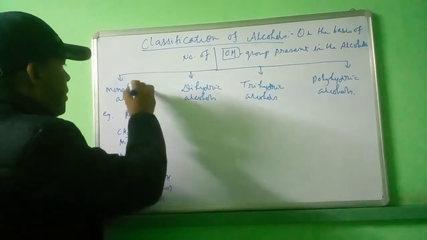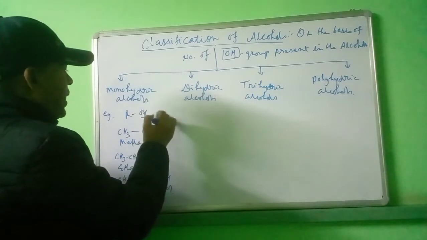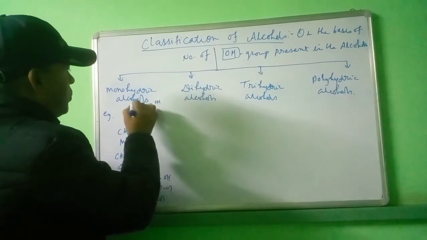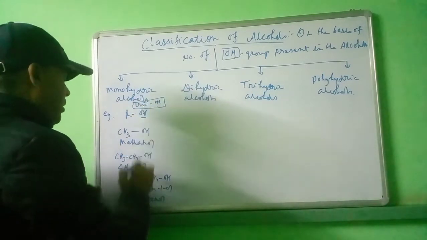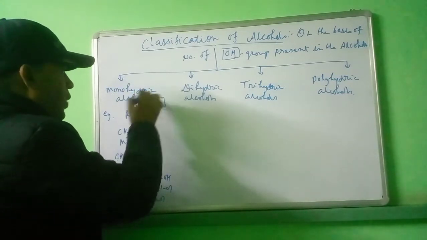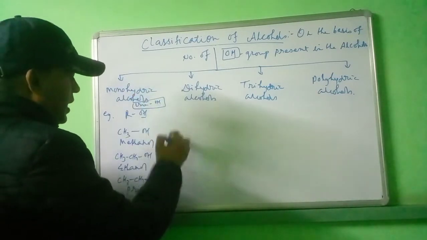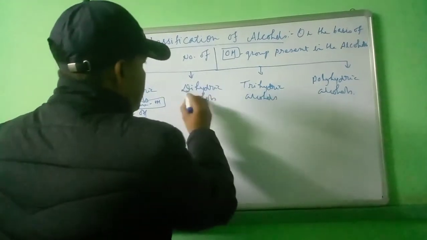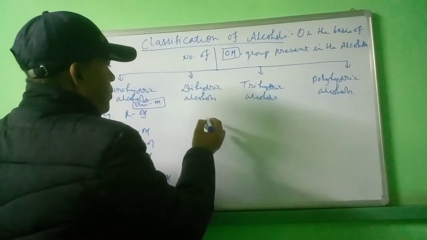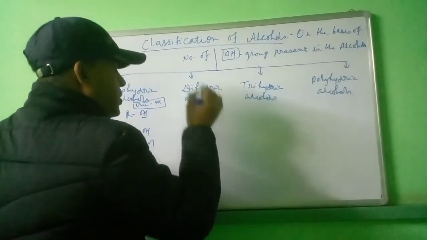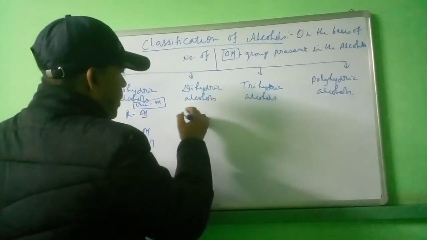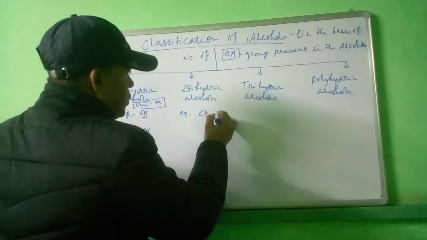These are monohydric, with only 1 OH. If only 1 OH group is present in the alcohol, meaning in the hydrocarbon compound, then we can say they are monohydric alcohols. Okay, so this way we can write the names of the compounds also. Now dihydric alcohol means 2 OH groups are present in the compound. Dihydric means 2 OH. So, for example, suppose your compound is CH2OH